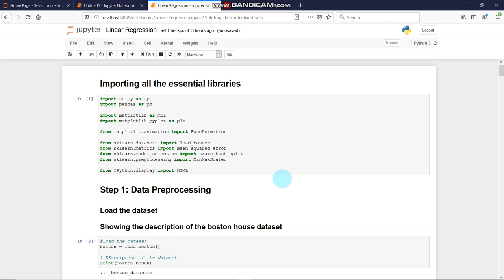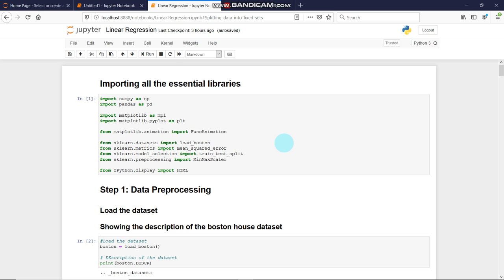So let's get started. First of all, I've imported all the essential libraries: NumPy, Pandas, Matplotlib, sklearn, which is really very beneficial, and obviously HTML using IPython. NumPy will help me perform some mathematical expressions and calculations. Pandas will be managing data frames for me. It will hold all the data from the Boston data sets and help in managing the frames of that. Matplotlib, on the other hand, will help in data visualization.